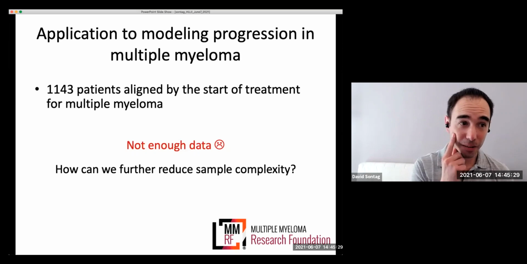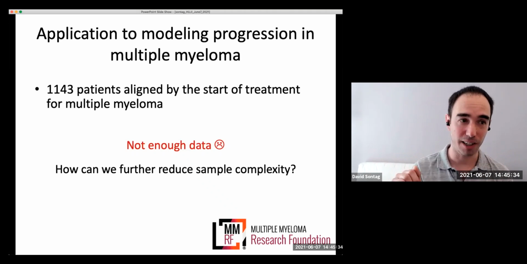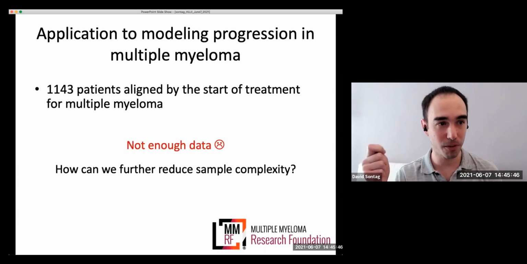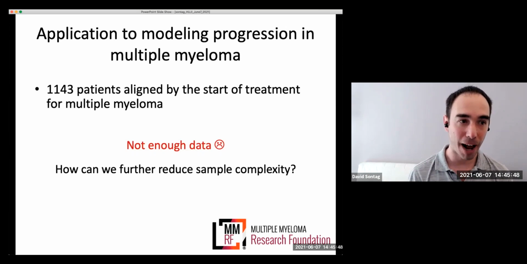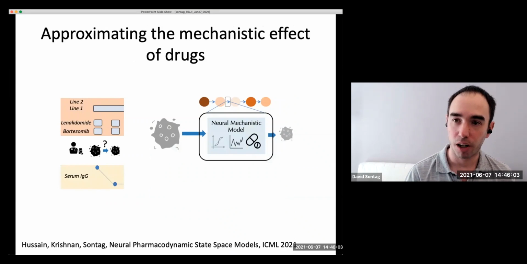Unfortunately, even the model that I just showed you, so recurrent neural networks, are impossible to train on this data set. They overfit immediately, no matter how you try to control their complexity. But deep Markov models also overfit in this data set. And so what we needed to do is introduce a new method, one step further, to try to control the capacity of this model. And our method of doing so is by using some prior knowledge on what treatment does in this cancer setting. So there's been quite a bit of literature on